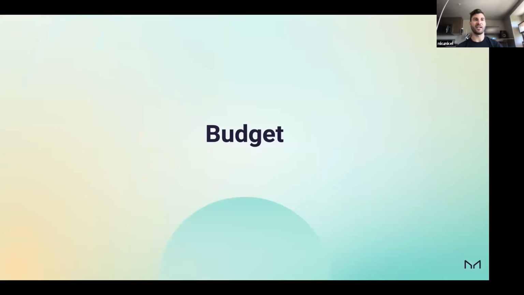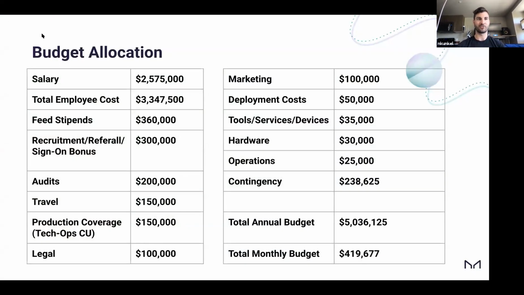Okay, so let's talk about money. Let's talk about budget, because we should all scrutinize budgets and make sure that we are, one, adequately funding core units for what they're trying to do, but also not overfunding core units for what they're trying to do. So I'll try to move this little box around here so you guys don't get blocked.